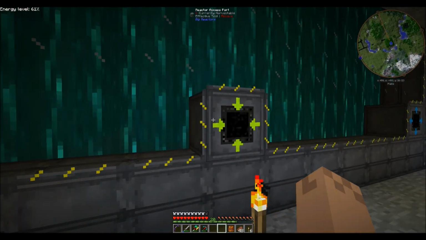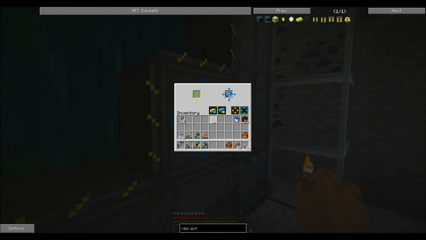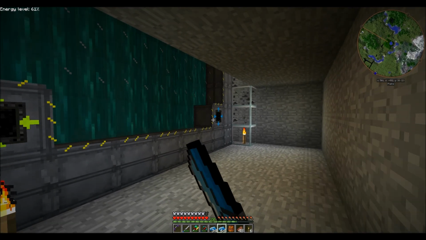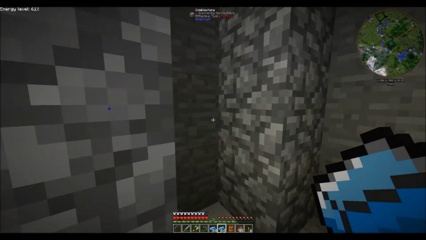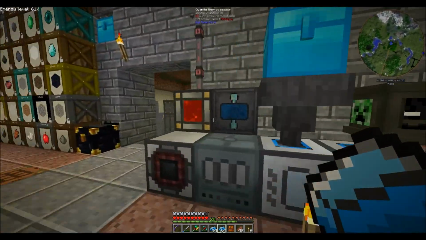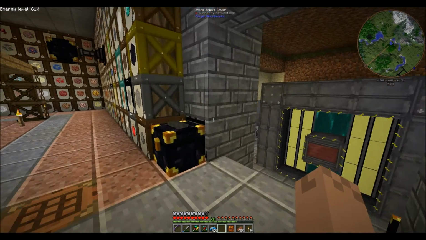Oh, it's pumping this stuff out there too. Holy cow. I definitely need to get item transfer nodes on there and get those things hooked up to barrels. That's ridiculous. So yeah. Alright guys, well,